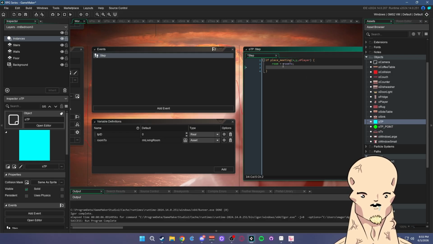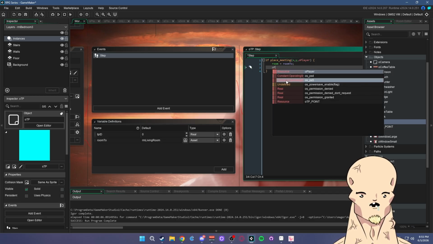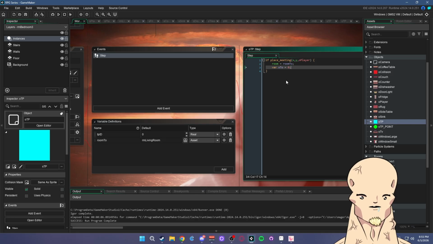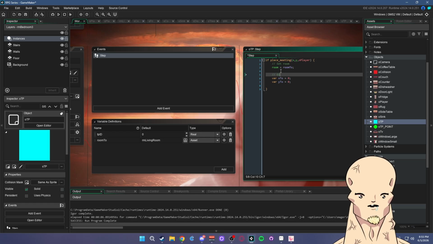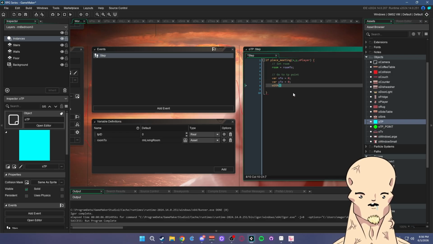And then we're also going to say o player. Actually, var x2 equals 0, var y2 equals 0. We need to find the coordinates of where we're actually going. So set room, go to TP point. So this is why those TP points were needed. We're going to say with